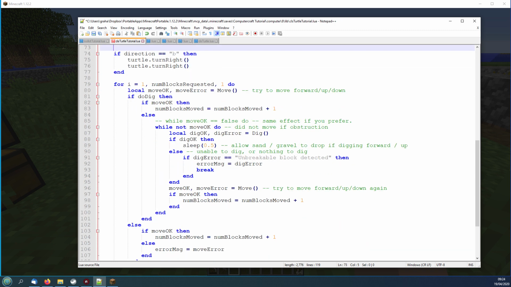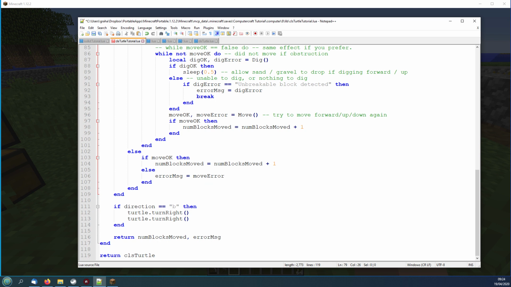Again, we're going to run this loop for the number of blocks requested. We don't really need that. Keep it nice and simple. So it's just a for loop starting at 1, going up to, let's say we wanted to move forward 6 blocks, then we would do this 6 times. We did all this before. The explanation for all this is on one of my earlier videos, so you can look that up for finding out how this works. And then what we're going to be doing is to return the number of blocks moved